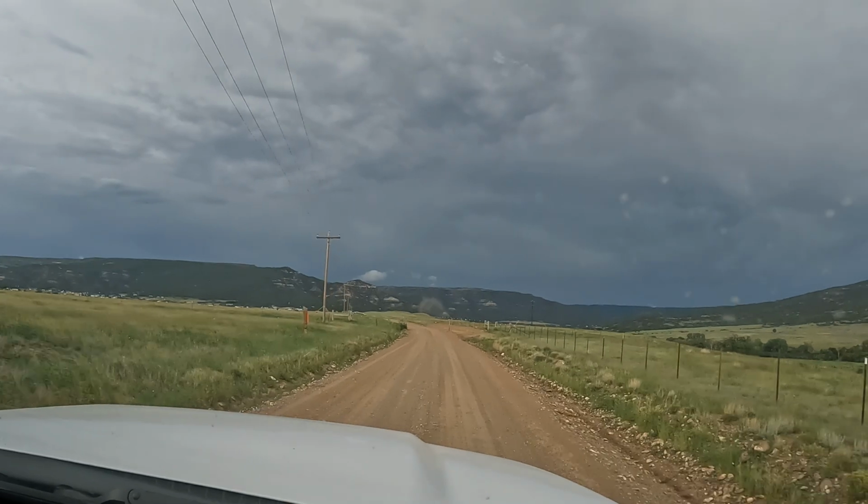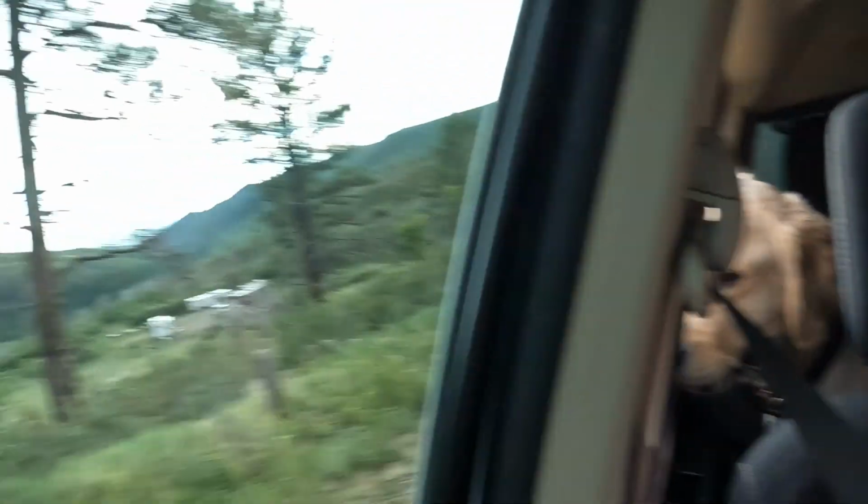Forewarned, when you turn off the road, it's down a long dirt road that is a little iffy for a state park. Almost 5 miles. Yeah, like a 5-mile. There was no signs or nothing. No signs. So we were like, oh crap, are we actually going down the right path? Yeah, we still don't know, so we'll keep you updated. We may be out in the cow pasture. We're not really sure at this point. Beautiful though. Yeah, I have to say it's pretty. So it's a good thing we purchased a 4-wheel drive pickup truck because